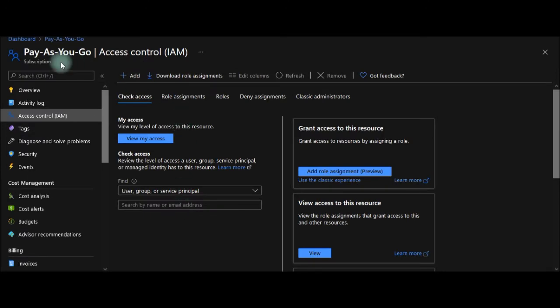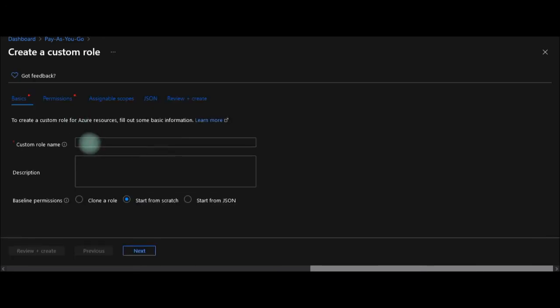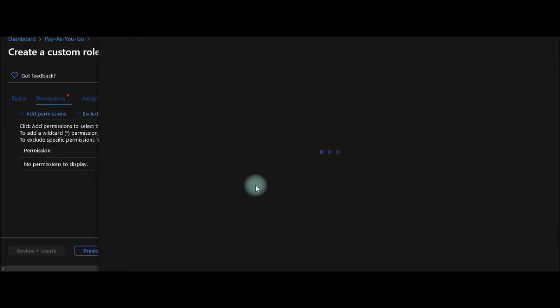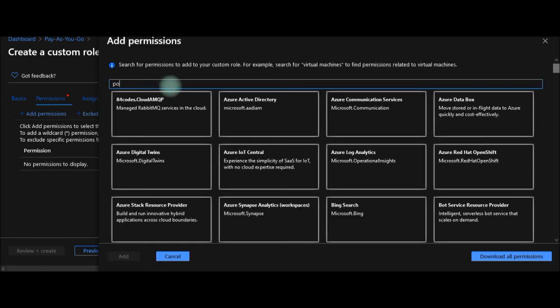Now to create a role, you come onto the subscription screen. Within the subscription screen, go to the IAM roles, access control and IAM, and within that, go ahead and create a custom role. So the name can be anything, but you have to remember what name you have given. And then we go to the permissions. Now here we need policy assignments first,